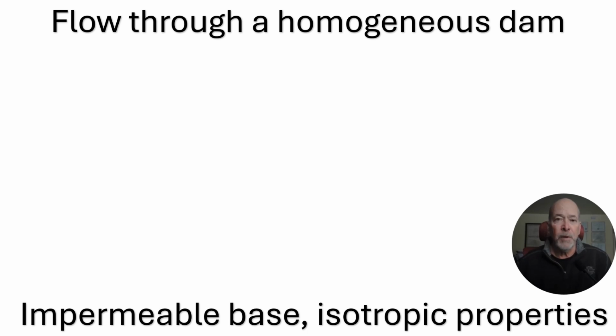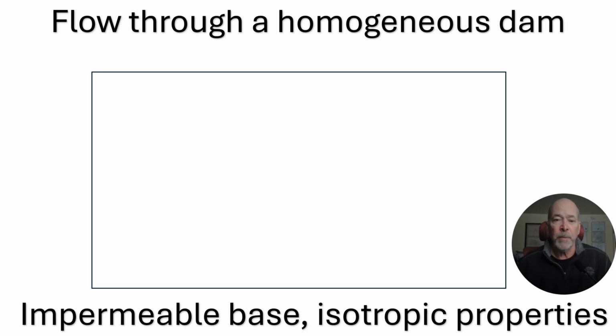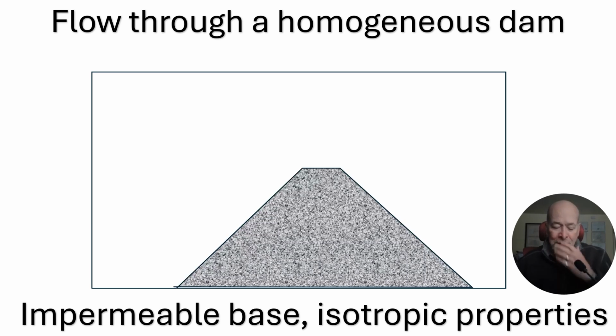So let's look at flow through a homogeneous dam, and this one will have an impermeable base, and the soil will have isotropic properties. So let's just start with our model. Let's say it's inside of a tank. Here's our dam. It's homogeneous fill, like I said. It's isotropic, so the properties are the same in all directions. We'll fill that up with water,